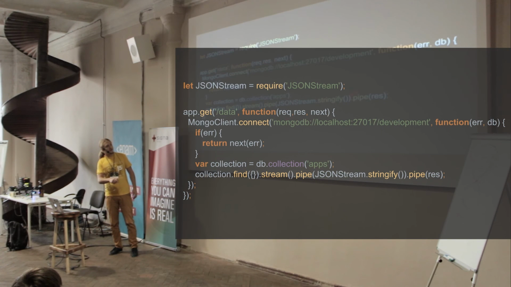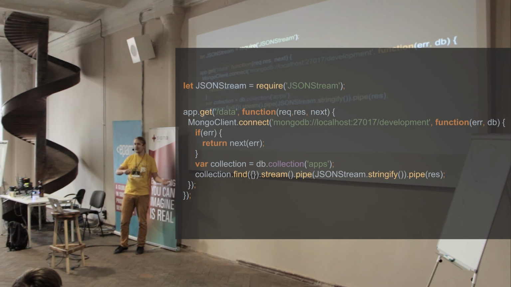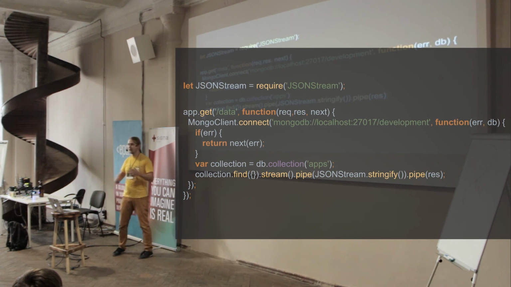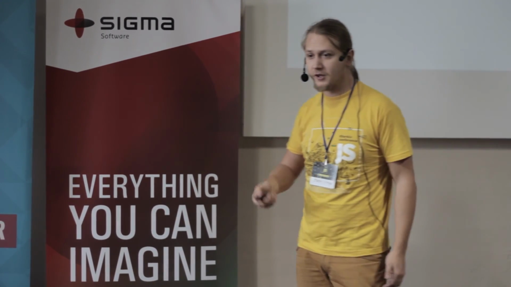And JSON stringify is just an instance of a transform stream that transforms a JavaScript object to strings that can be written to the response. And as you can see, you can pipe a lot of streams together, so you can implement a lot of transformations in the middle. For instance, you can modify your data on the fly, so you don't need to get the entire bulk of your objects and process it with loops or something. You can do everything in a stream, and you can read about transform objects in the documentation. I'm going to talk about some other interesting things of Node.js streams.